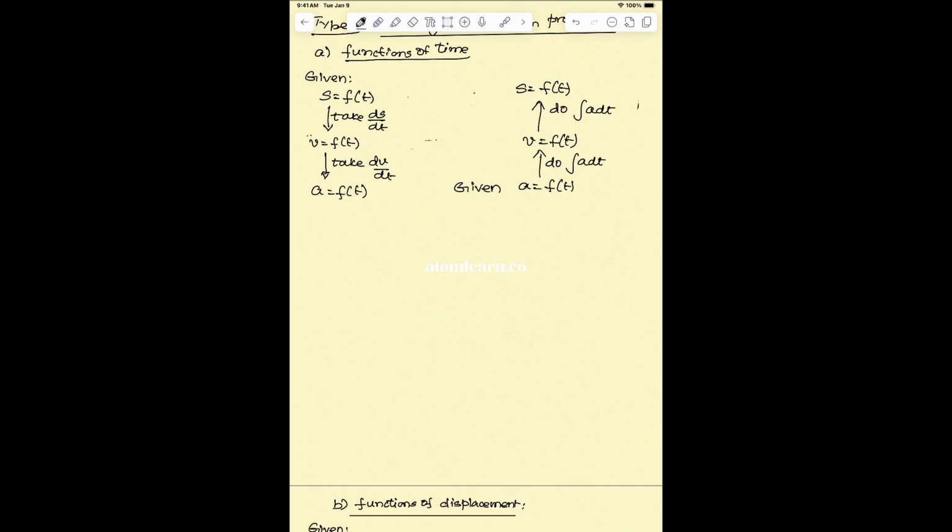That is, you may have to apply integration. Let us take for example, because acceleration is a function of time, integrating acceleration, integral a dt, will give you the change in velocity. Therefore now you get velocity as a function of time, and then